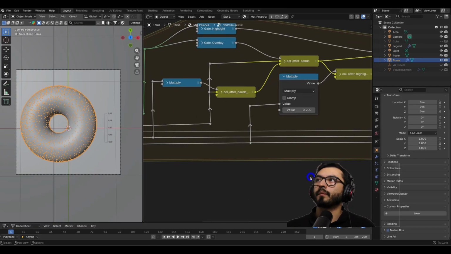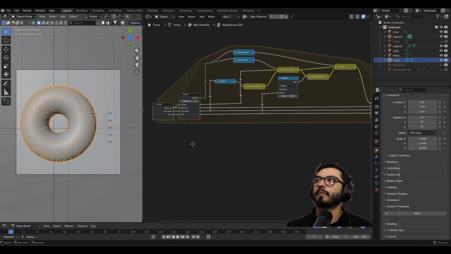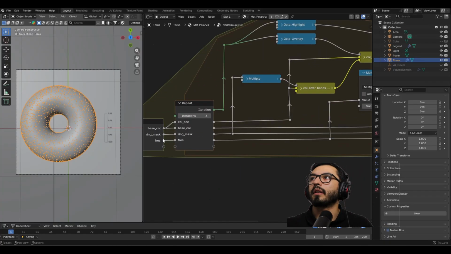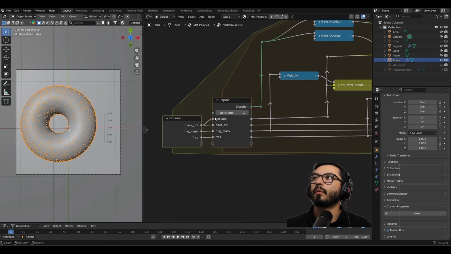Inside the closure, let's show the details of what the closure will be doing. So we enter the base color and we accumulate some color, or we mix the colors based on some operations that we will do. So what we will do here is just adding some layers on top of the base color, and these are the layers that we see actually on the torus. So